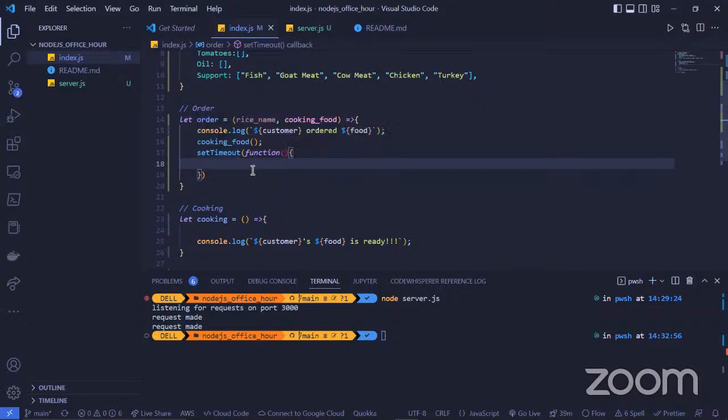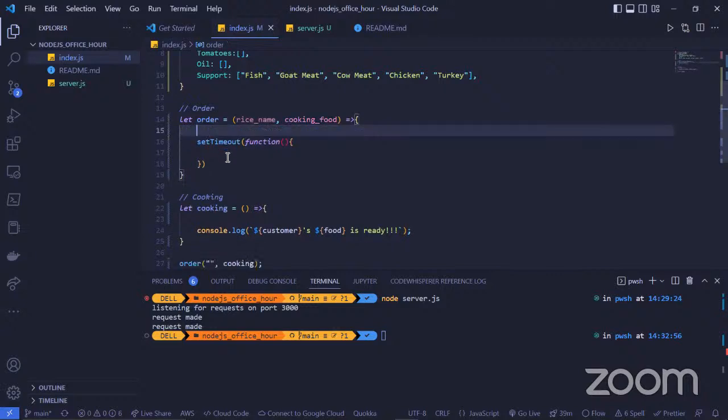Okay, so we can say cooking food, we'll cut this and then paste it here.